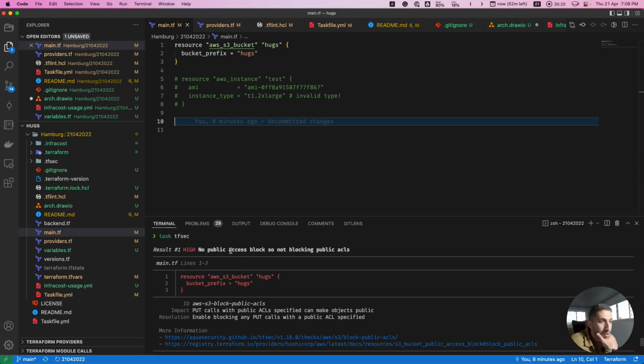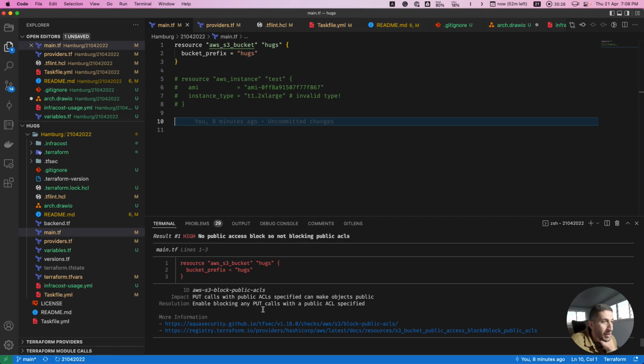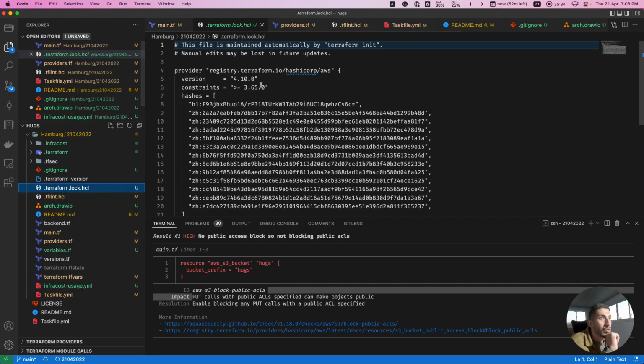There is a result with high severity: no public access, so not public access list. We should enable S3 public access block. And yeah, by the way, we are using provider version 4.